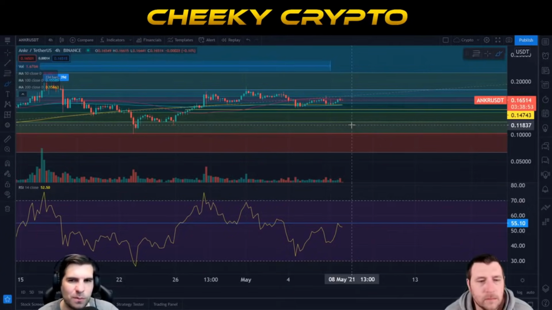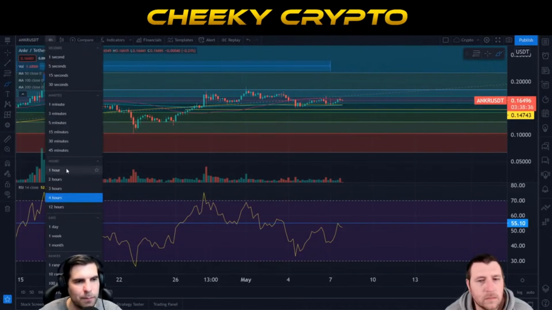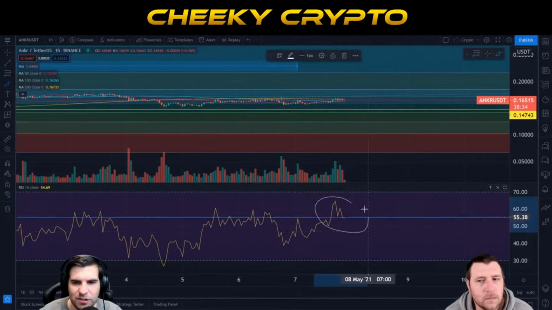Ultimately, in a few days or so, they're going to get squeezed to the point where a breakout event has to happen. And the volumes are very well positioned to allow that to happen. And the relative strength index looks like it's well positioned. It's really now just a matter of waiting out for that squeeze to finally happen, that will push things to the upside. I'll pull this into the hourly, and here you can see that we've just come down to that